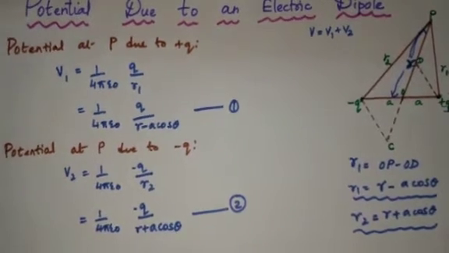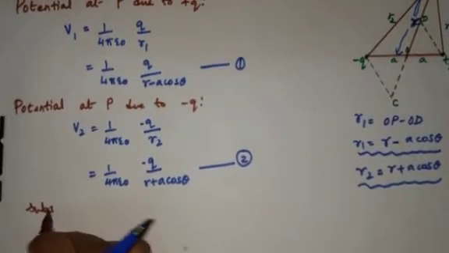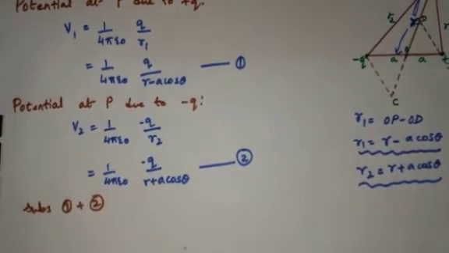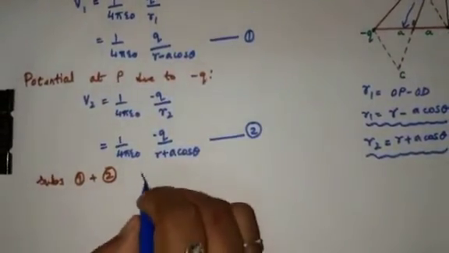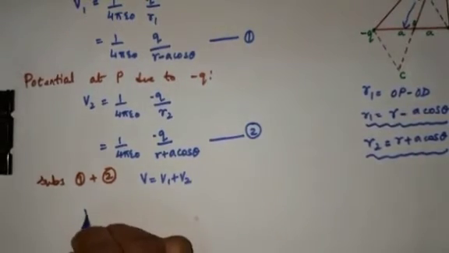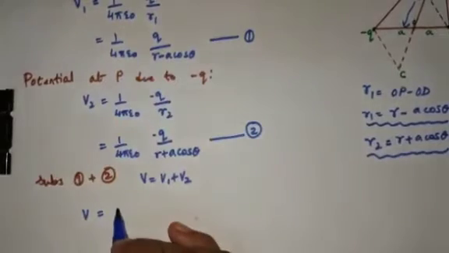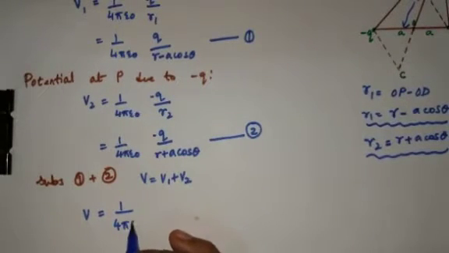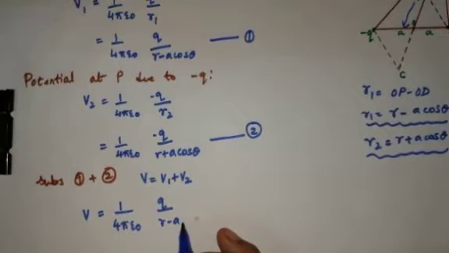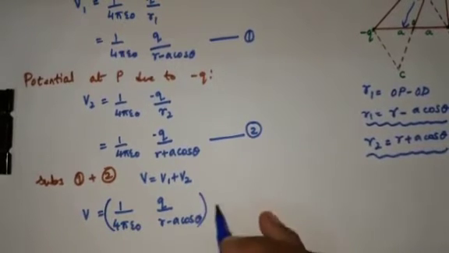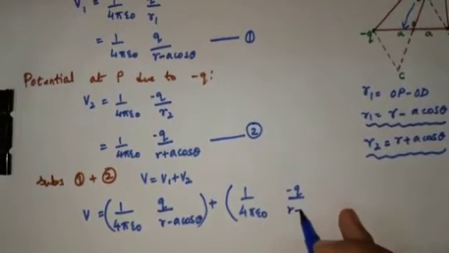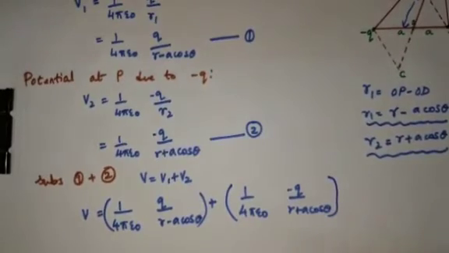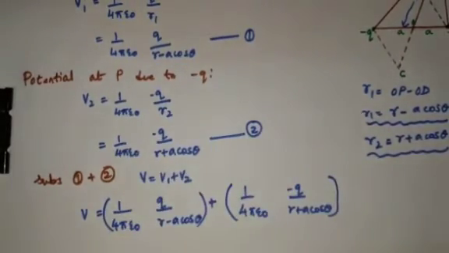That's it. Now substitute both equations, 1 plus 2. The first formula we got is V equals V1 plus V2. So what is V finally? V1 is 1 by 4 pi epsilon naught q by r minus a cos theta, plus 1 by 4 pi epsilon naught minus q by r plus a cos theta, that is V2. From this we are going to find the final answer. Now V is equal to